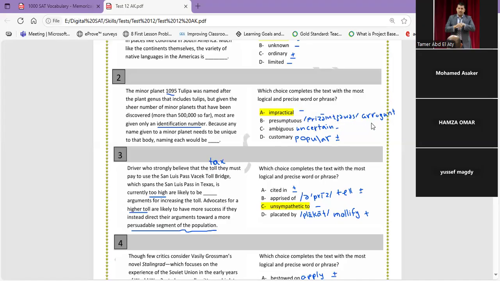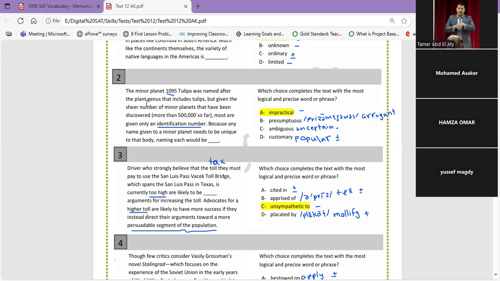Presumptuous means arrogant. Ambiguous, uncertain, negative. So here, negative, negative, negative. Customary, popular, neutral. Wait. Are we going to use customary because it's neutral? No, because it can carry the negative and positive. So in that case, we have to go to the context clue to find out. Okay,